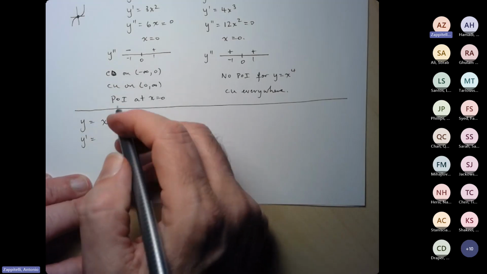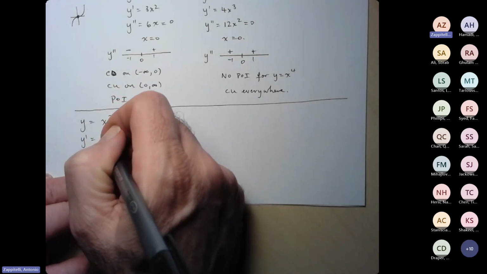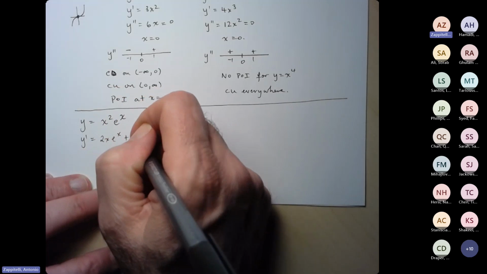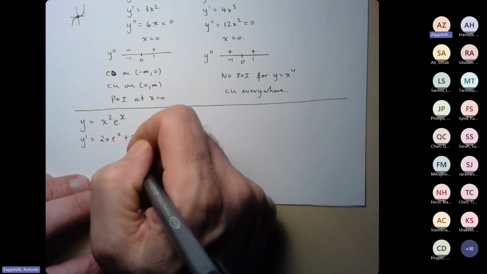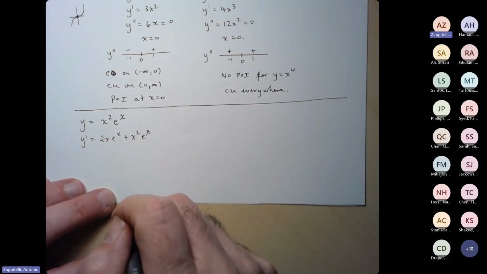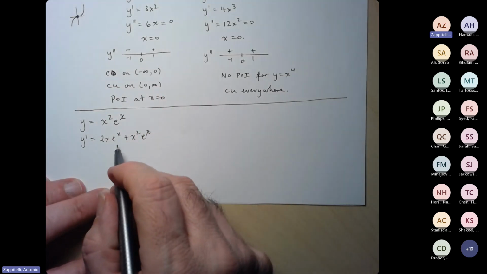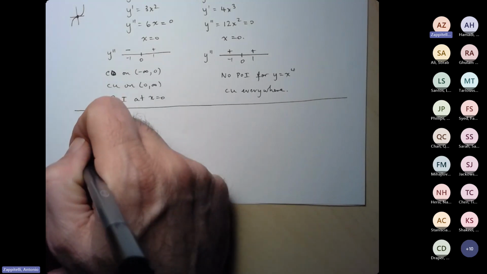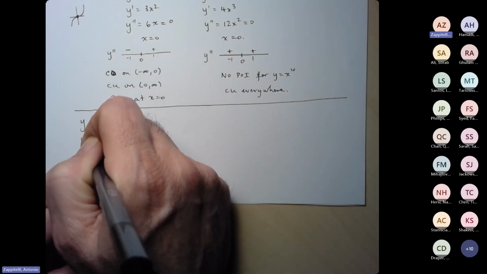So let's take the derivative here. Derivative of x squared is 2x times the second function e to the x plus the first function x squared times the derivative of the second function e to the x. Okay, so let's check if we have the same answer. Yeah, looks good. Now I have to take the second derivative, and we're going to see this is going to be quite a bit more complicated